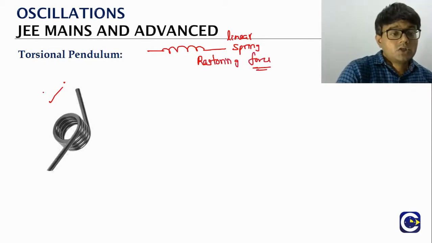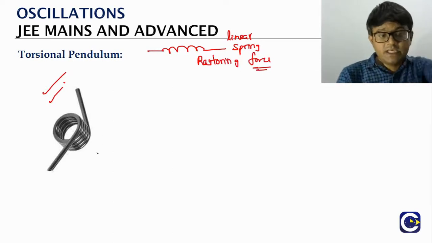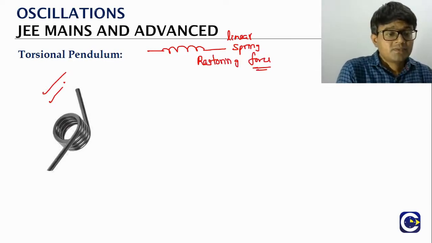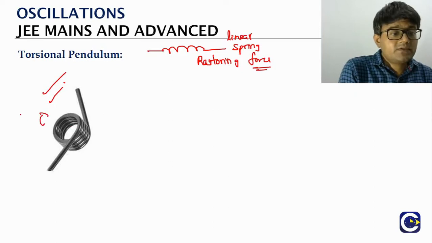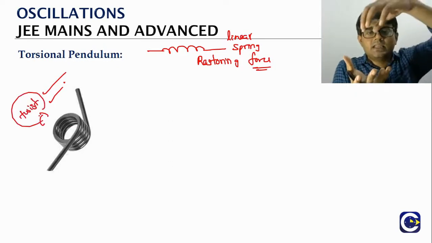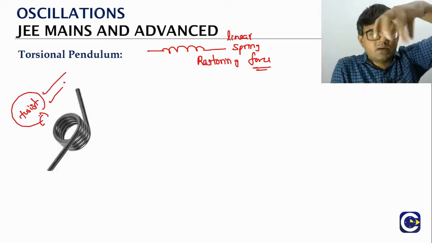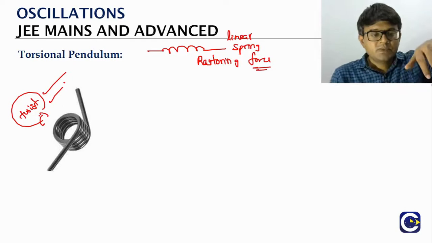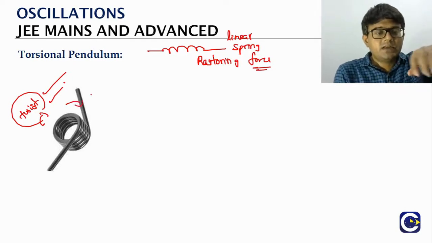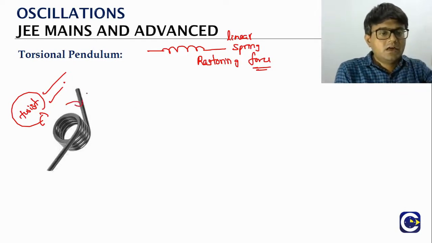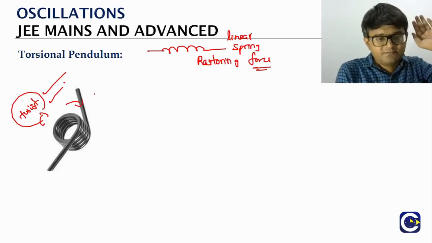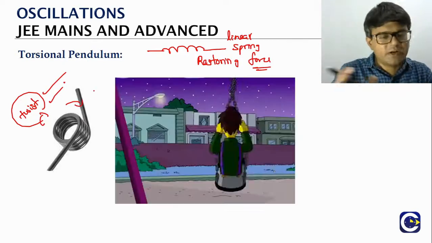Whereas if you look at a torsional spring, the one that you see here, if you create some twist, basically saying if you are attaching anything to the torsional spring and we twist it, giving some angular displacement, then the torsional spring will create a torque or a couple in exactly the opposite sense. How? Let's look at a very simple example.